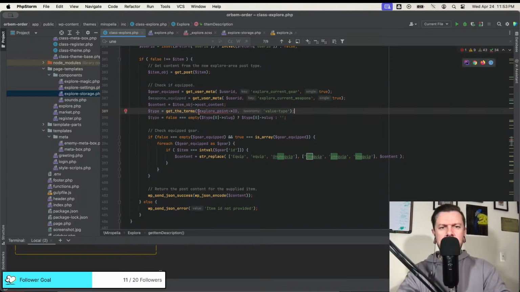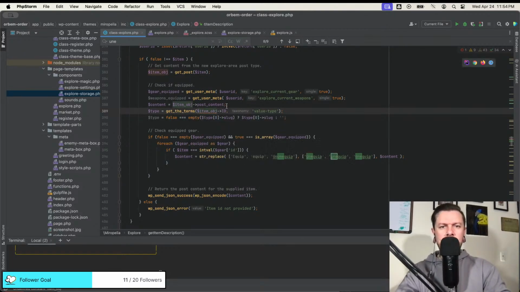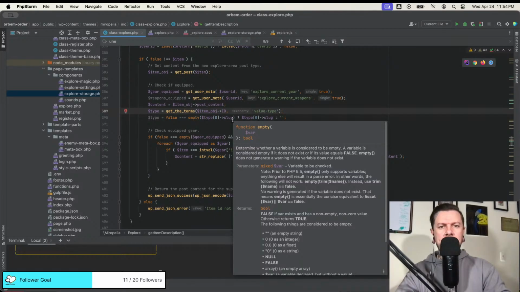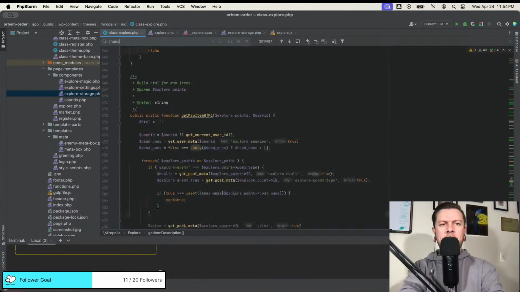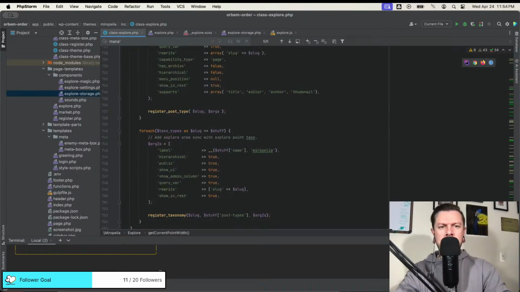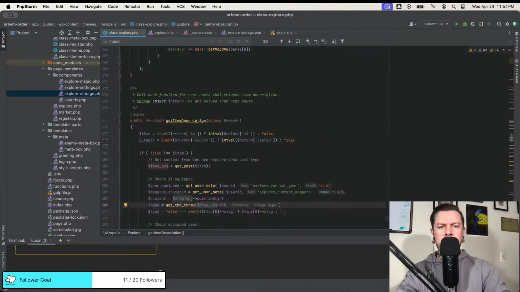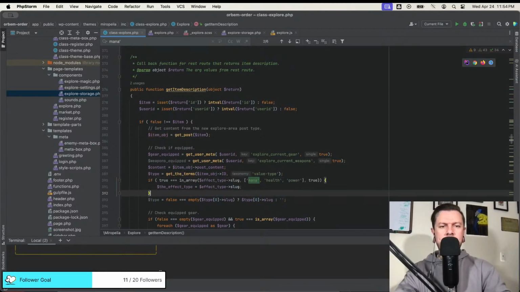Okay, so we get the item ID, item object ID. Great. That's value type. But then I need to do that thing where I'm looking for mana. This one. Yeah, okay.